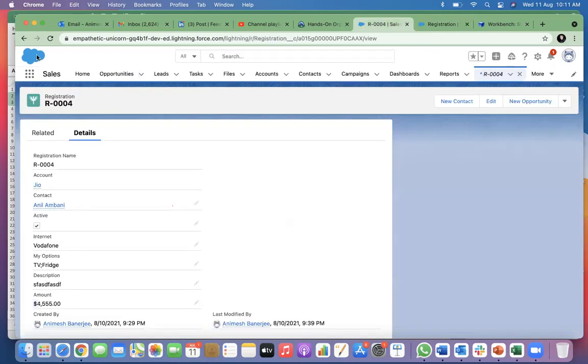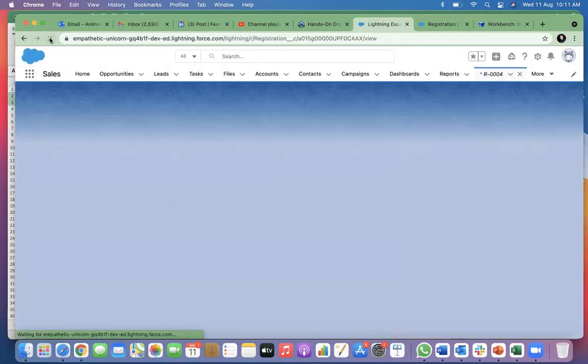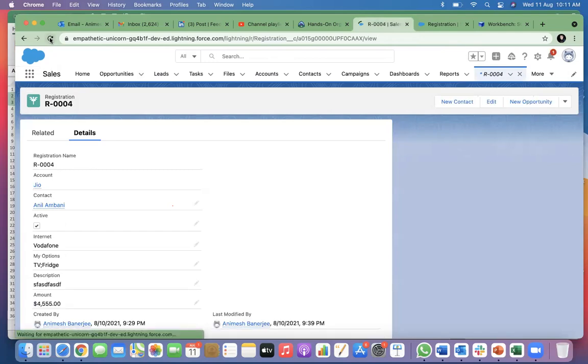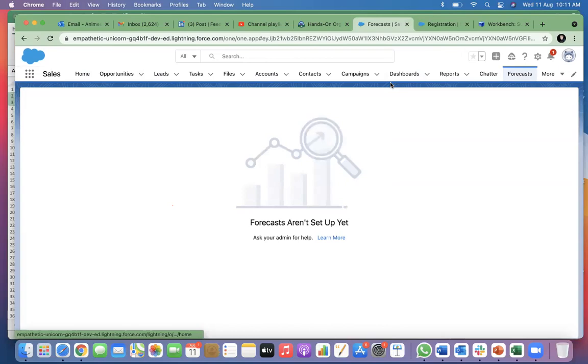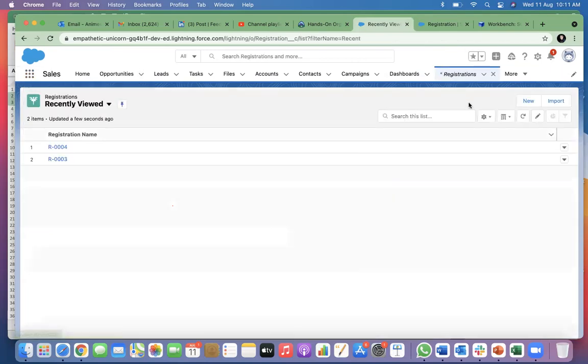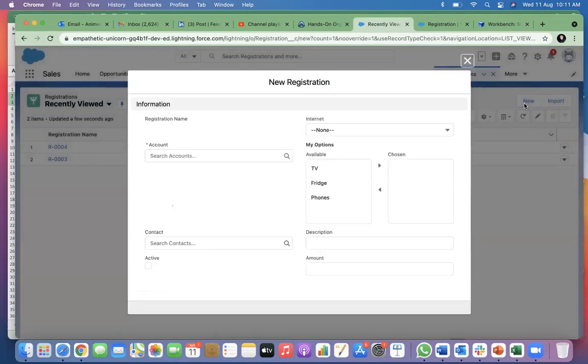It will take a while for this to reflect here because there's caching involved, but it will immediately reflect on the registration page. New page. So if you go to new, you see it is now spread across 2.